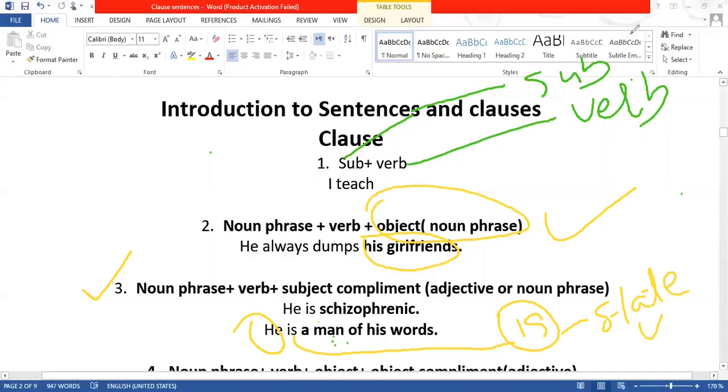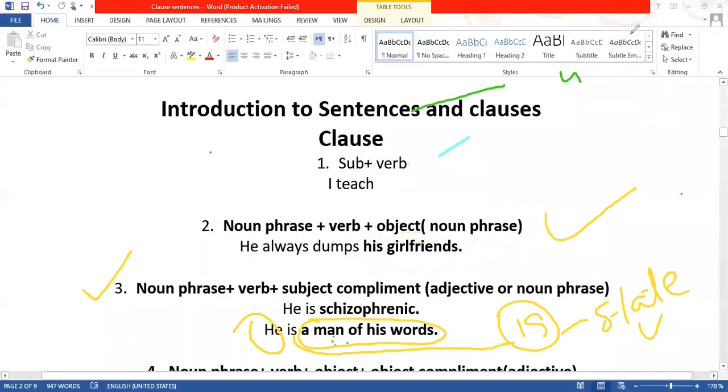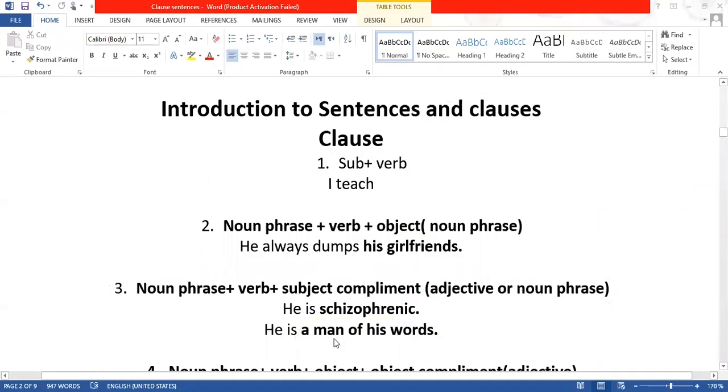And we have an adjective, an adjective phrase, right? So one way to write a clause, the first way, is subject and verb. The second is subject, verb and object. The third way is subject, verb, and